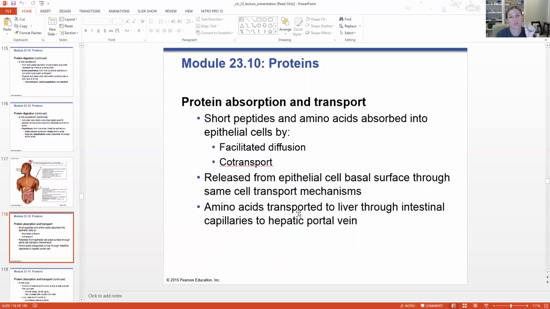Small peptides and amino acids are absorbed directly into epithelial cells through facilitated diffusion and/or co-transport. Because all amino acids have different charges, different sizes, different shapes, they're all going to act a little differently when coming into the cell. They're then released from the epithelial cells by the same transport mechanism that brought them in, and they're transported to the liver via the hepatic portal vein, just like